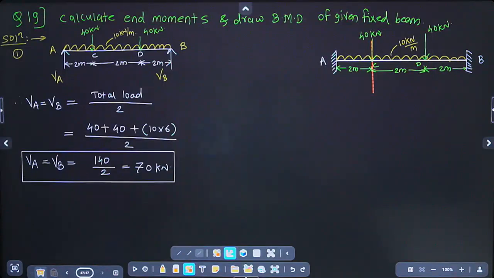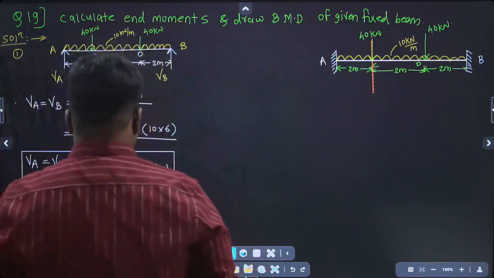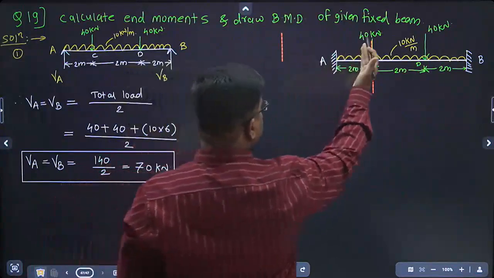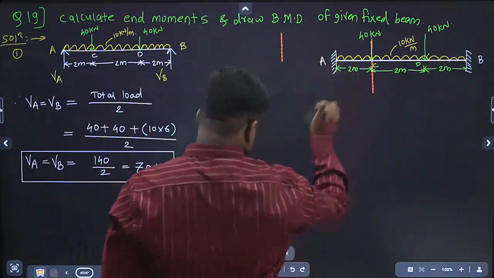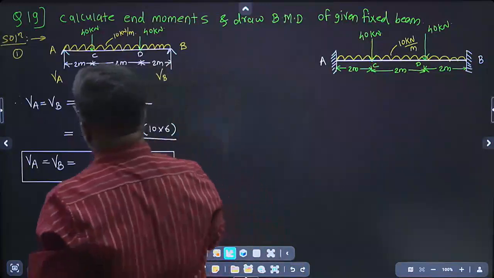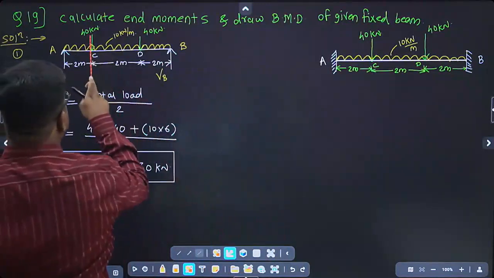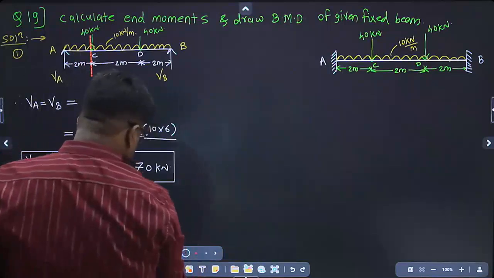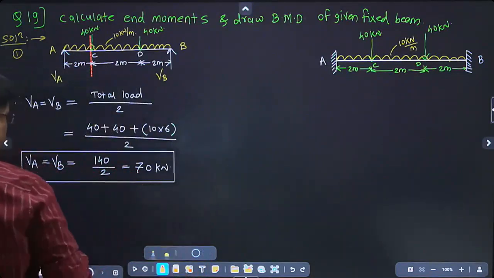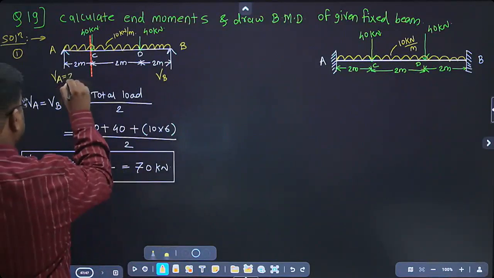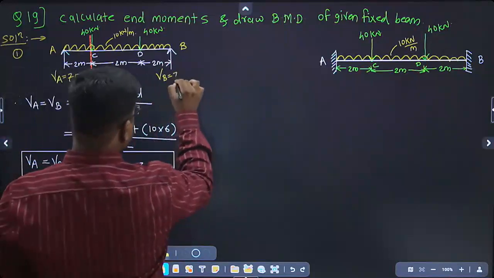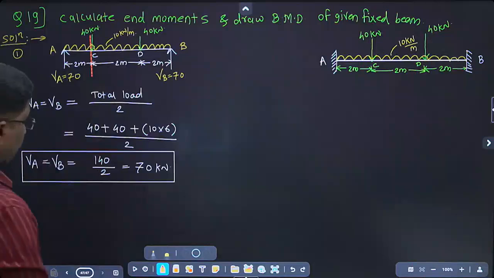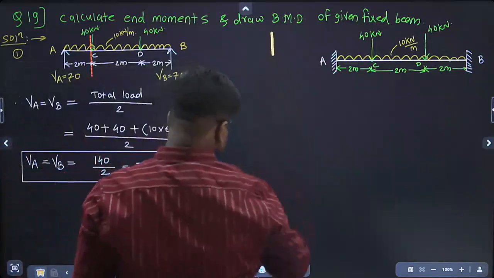Now see here. Here is the section, and consider the left part. No, not here. You have to consider the section in this beam, the simply supported beam. Now consider the left part. VA and VB, we know the values. VA, VB are 70. This is 70 kilonewton. Now, if we consider a section like this,